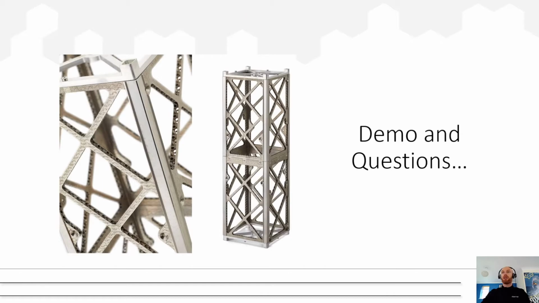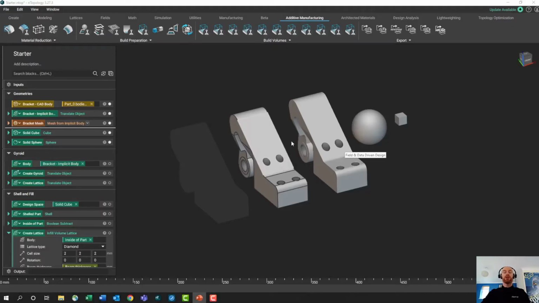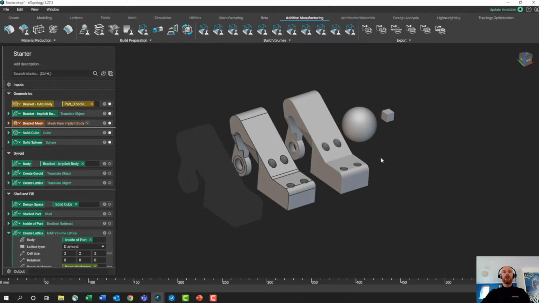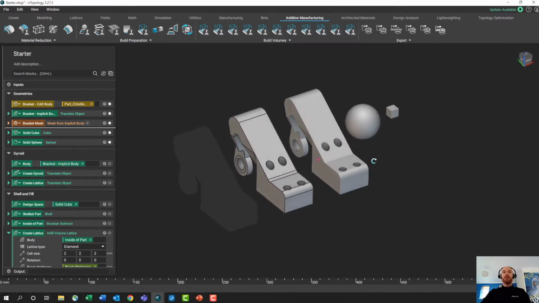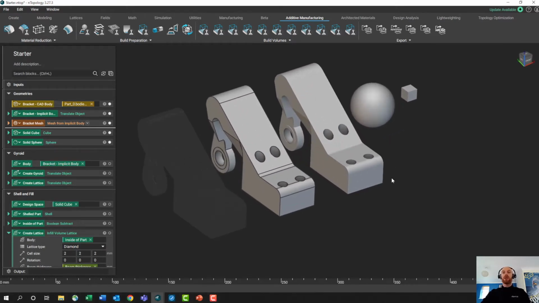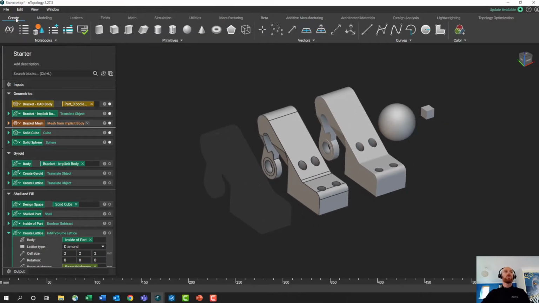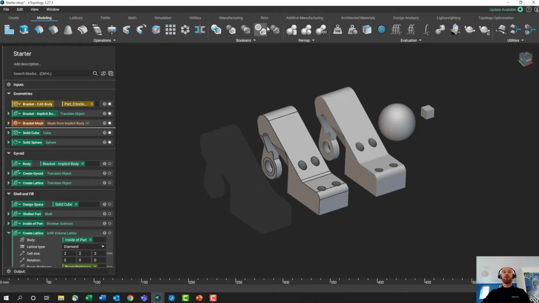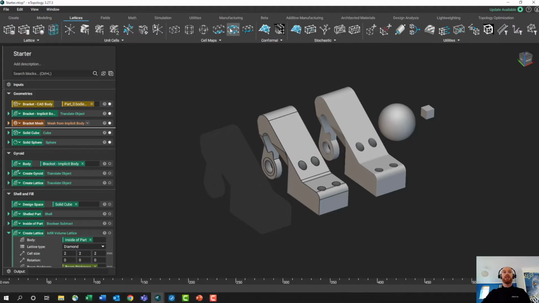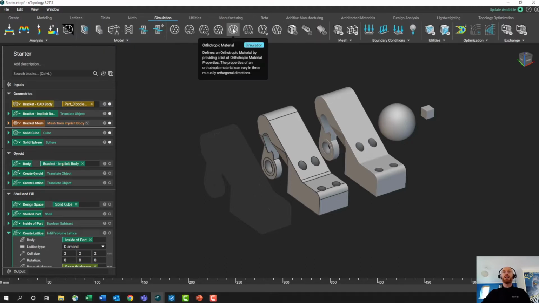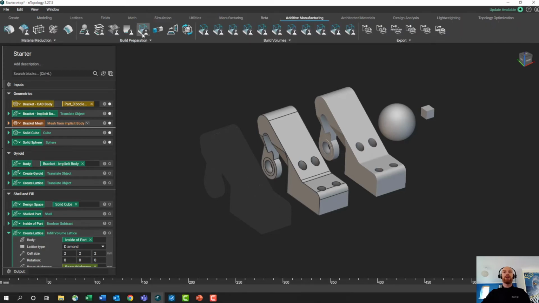Okay, so let's get into the software itself. So for some, this is going to be your first look at the user interface of nTopology. So like a traditional CAD package, we have a tab along the top here with a series of tools. We can create some primitive shapes, do some modeling, so some Boolean unioning, extruding, revolving. We can create lattice structures from here. We've got a simulation tab. Got a specific additive manufacturing tab. We'll get into all of these in more detail a bit later on. On the left here,